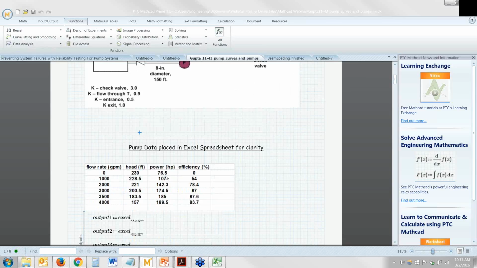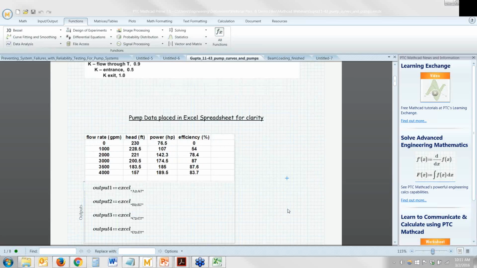So in this case, Excel is not all bad. Excel can do some things well. In this particular case, Excel can present data in tables very well. And if we want to leverage that functionality, we can do that right here. Mathcad has a very simple output to Excel feature. If I go ahead and double click in here,